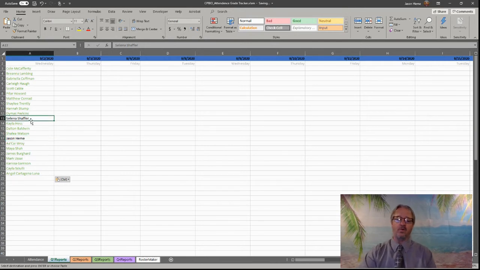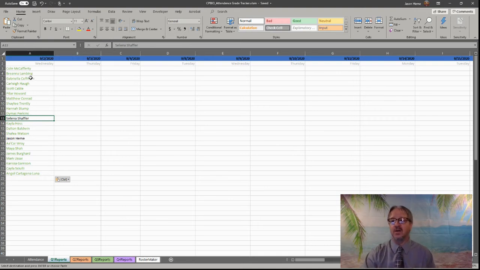Why is this important? Well, it's possible that if you provide a guest link to your students, when they log in, they type in their own name. They might only type in their first name. They might type in a nickname. They might type in their name wrong. It will show up in black font color, and you will be able to correct that right here on this